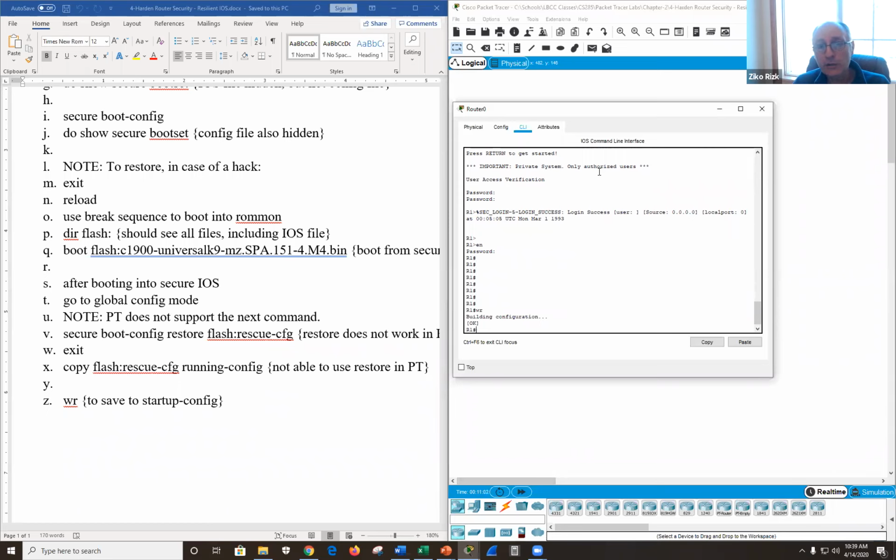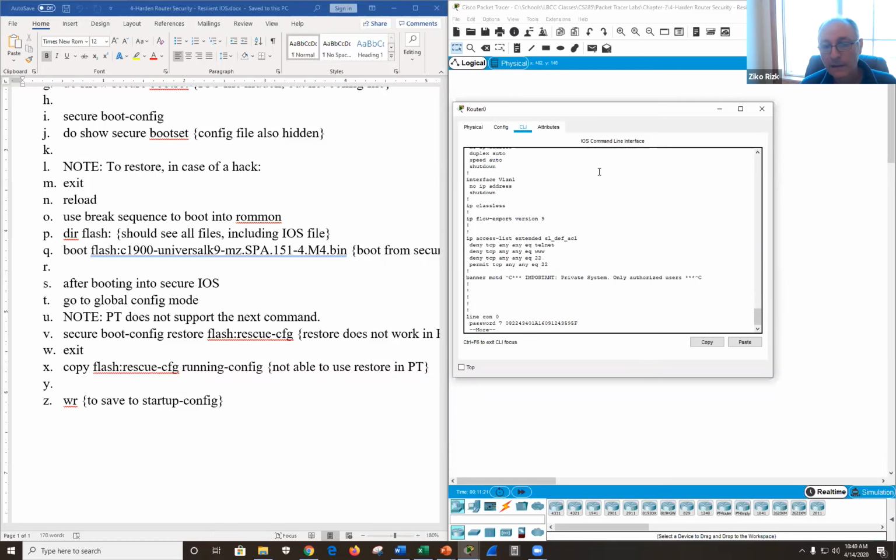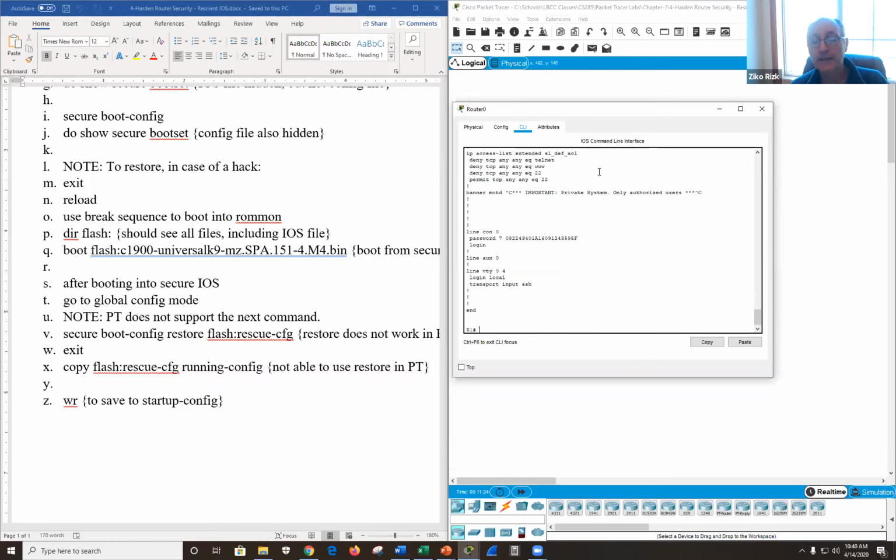The other thing we need to do is we need to restore the configuration file, right, everybody? So we restored the iOS. This is what we did. We hit it, and we booted from it, and we restored it, which is very good. And now if I was to do show run, okay, so these are the configurations, and if someone had changed those configurations, we want to restore the original configurations, not the ones that have been hacked.